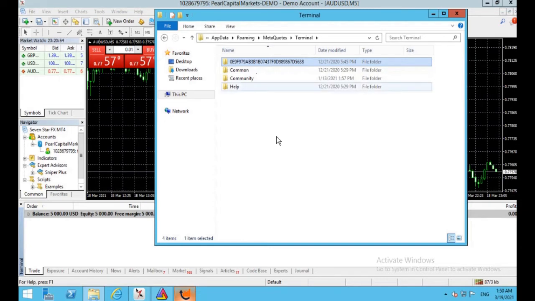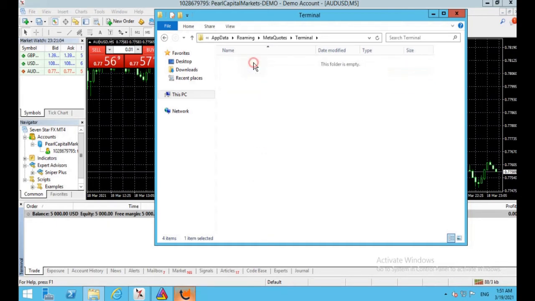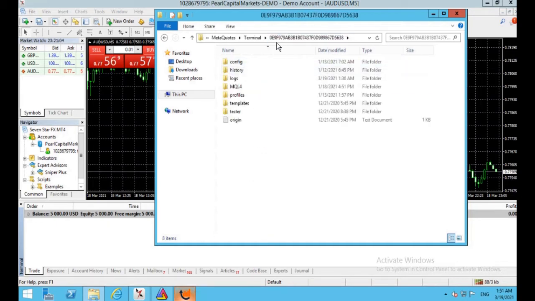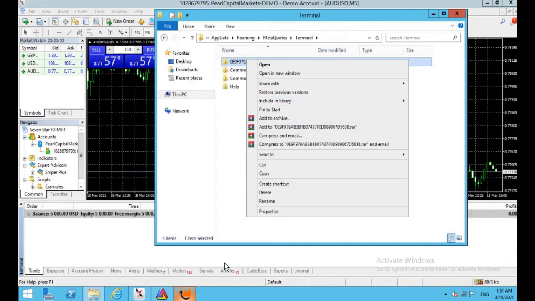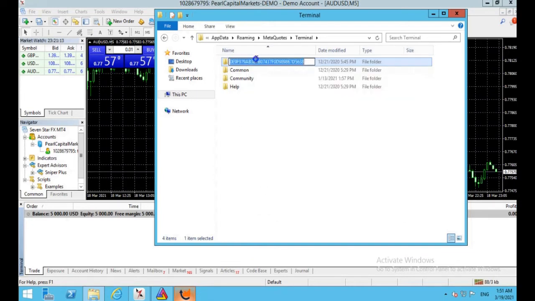If you have more than one MT4 terminal on a PC, you can see more than one MT4 ID here. But today on this PC there is only one ID, because I have installed only one MT4. Let's copy that ID.